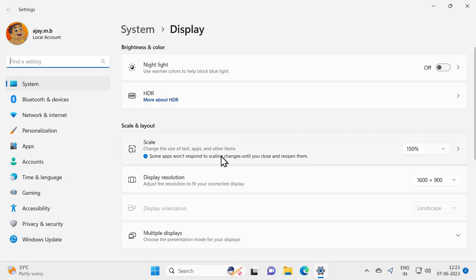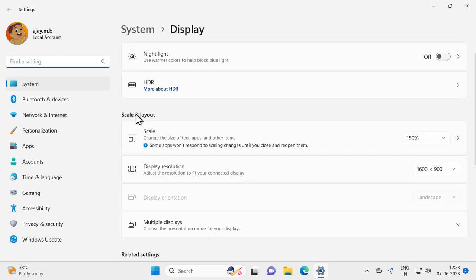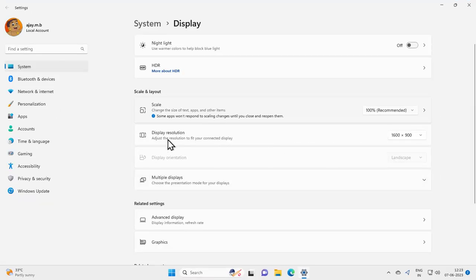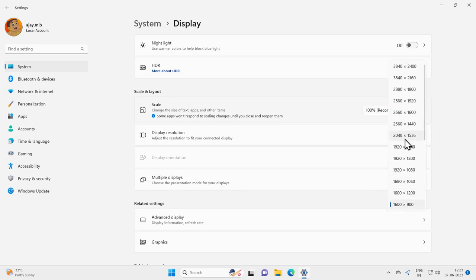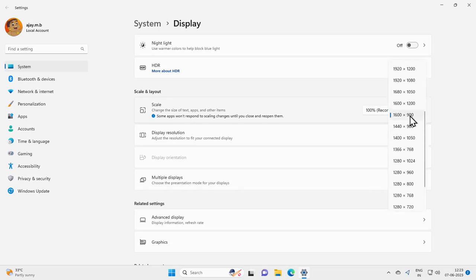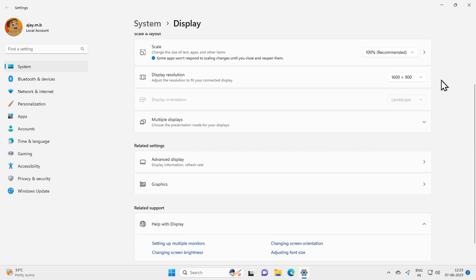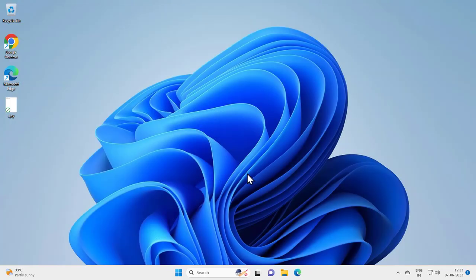and scroll down. Here is scale and layout. You just need to select the scale to recommended. Just select the recommended size in here. After that, for display resolution, select the recommended one on top of it, or anything in your computer listed like that. After doing that, close out of here and restart your PC